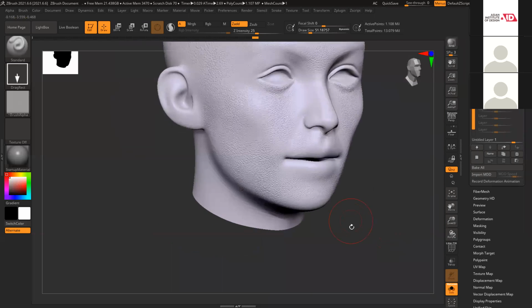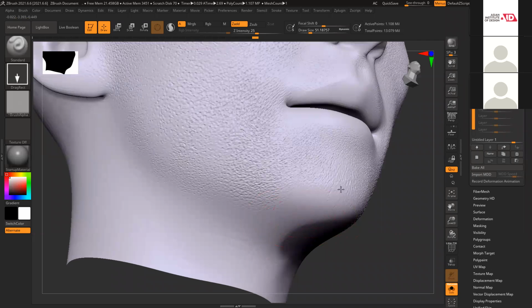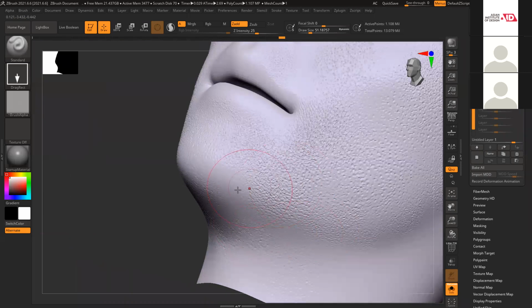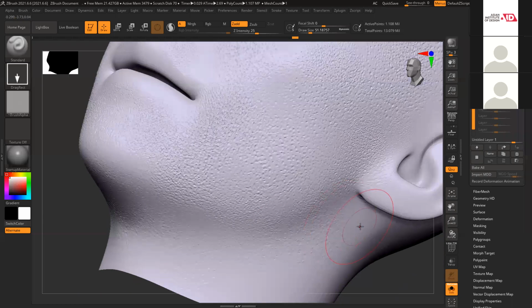So I have added all this detail and it looks pretty dense. Now I just simply fill all those areas, though it's not required because we have already applied a base noise. So the moment I switch it on, it will all look blended together.